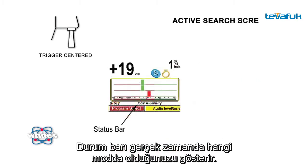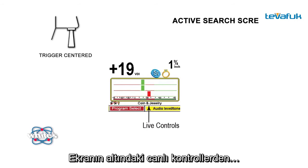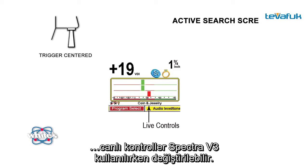The status bar is where you will look to see in real time which program you're in, what sorts of targets you may be rejecting, and other essential functions of the Spectra V3. The live controls at the bottom of the display is where you'll access the menus, options, and adjustments of the Spectra V3. As the name implies, live control adjustments can be made on the fly while the Spectra V3 continues